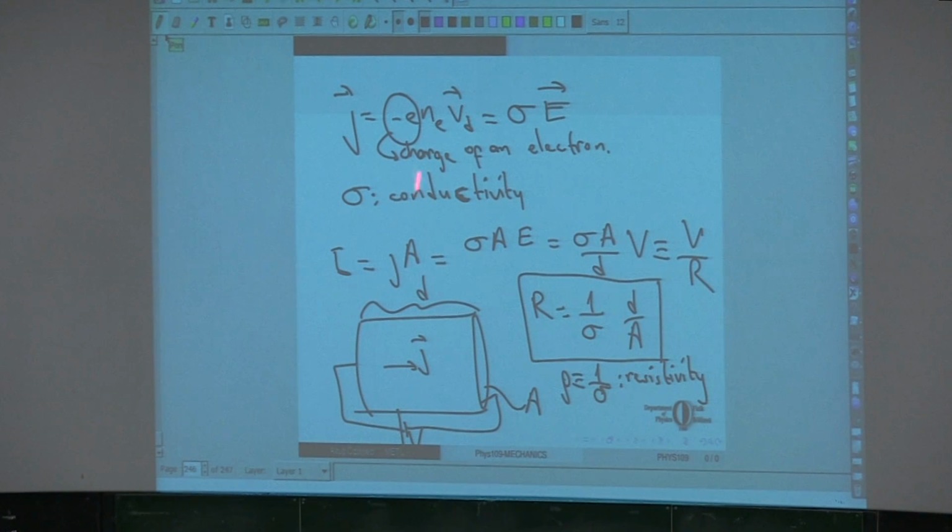In principle, everything is well defined for an object of an arbitrary shape. It's in principle. Well, if you want to put it in practice, it gets really complicated, so we stick with such simple shapes. If you want to find the resistance of a complicated shaped object from a complicated material, you just go and measure it.